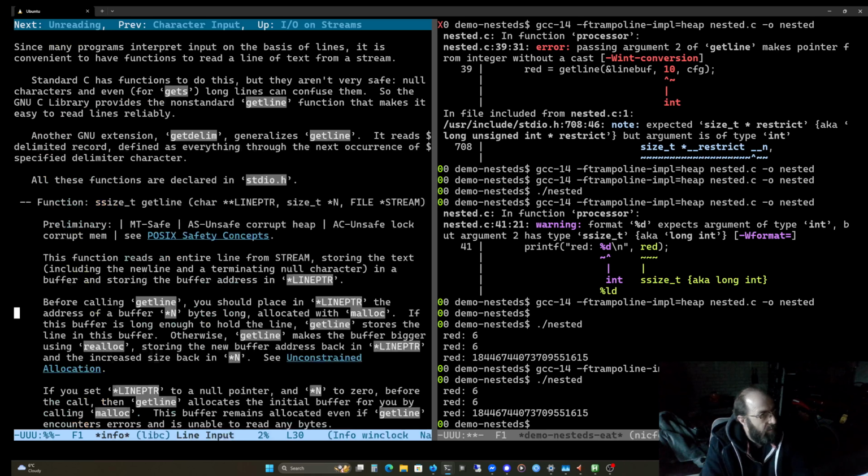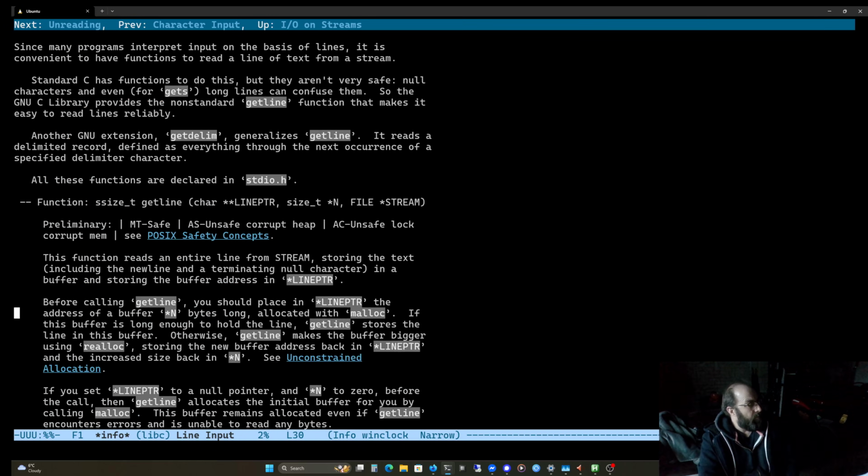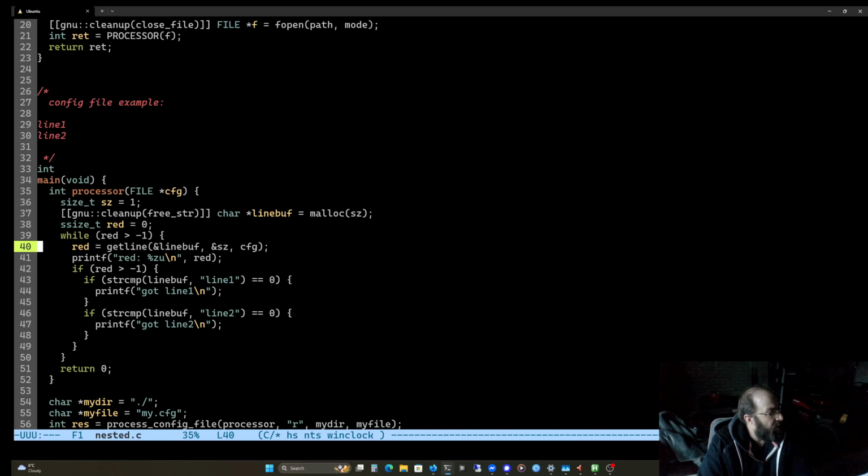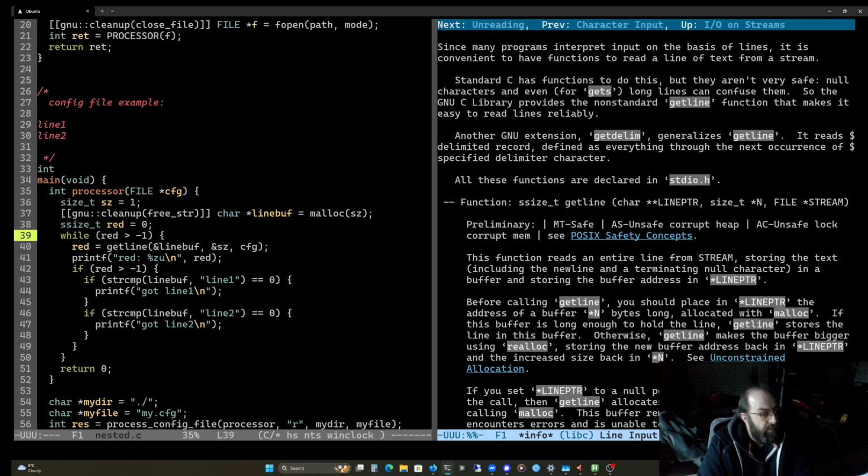Okay, let's go look at this again. Reads an entire line from stream, storing the text in a buffer, blah blah blah, and the buffer address in line pointer. Did we give it line pointer? Yep, we did. Line buff, the address of line buff. Before calling getline, you should place in line pointer the address of a buffer. Yep. Allocated with malloc.